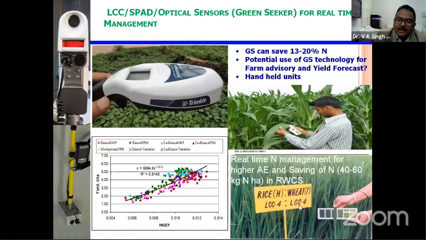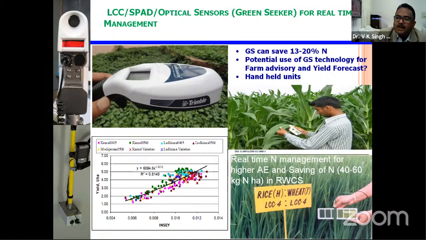And our result indicated that using this approach, we are curtailing 30 to 40 kg of nitrogen. Our recommendation is 120 kg nitrogen. In basmati rice, it is 80 kg nitrogen, but in that you can save 30 kg of nitrogen. There will not be any lodging if you go for this approach. In hybrid rice, high yielding hybrid rice, the recommendation is 150 kg, and you can save 40 kg of nitrogen.